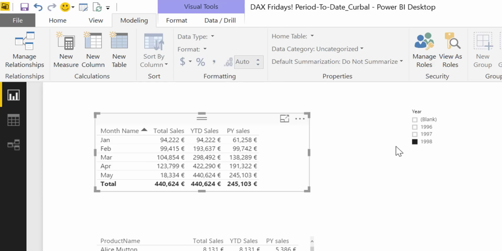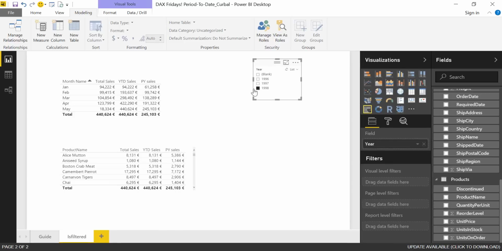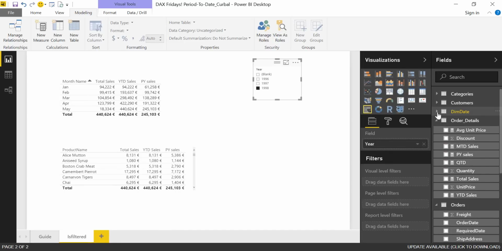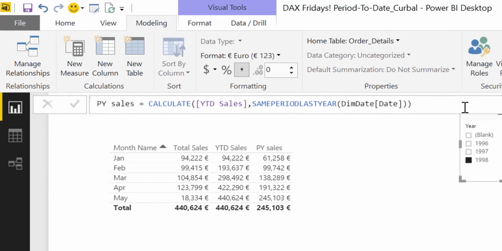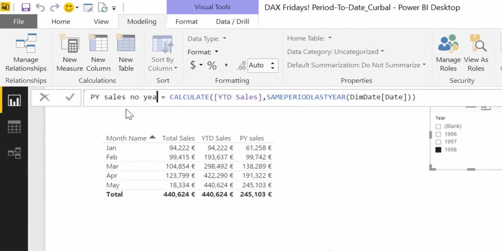Let's just start with how to fix this, that it is broken. So what we're going to do, let's see where it is. Here's our previous year sales. I'm going to copy that, new measure, no year selected,